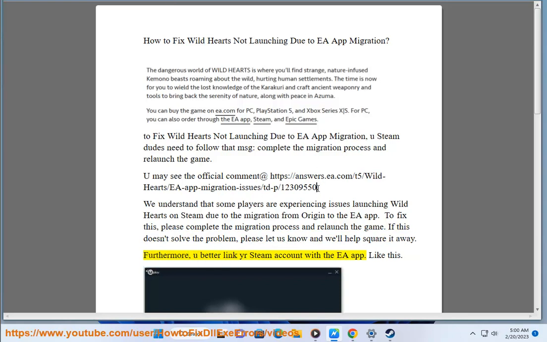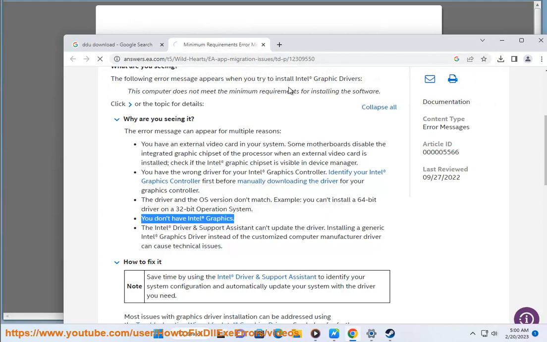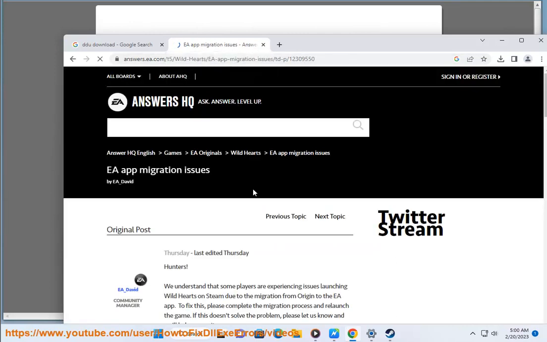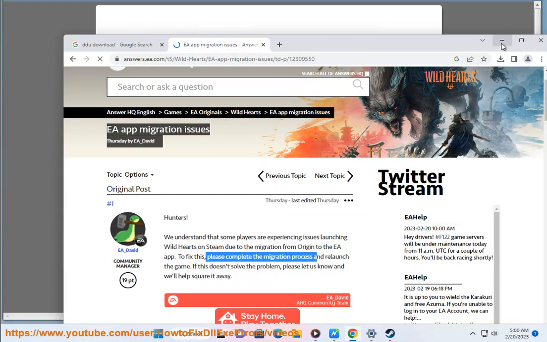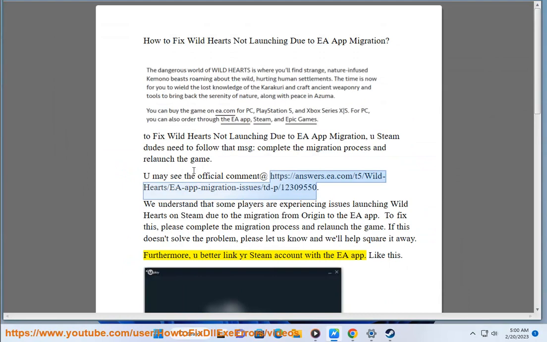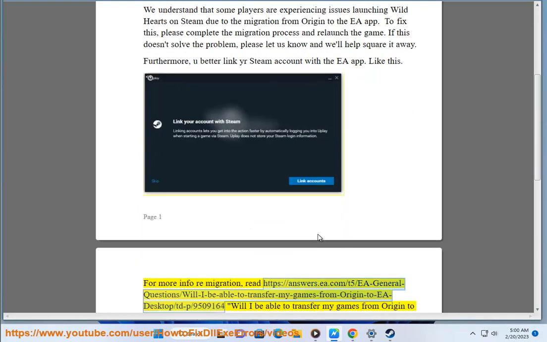Furthermore, you better link your Steam account with the EA app. Like this. For more info on migration, read